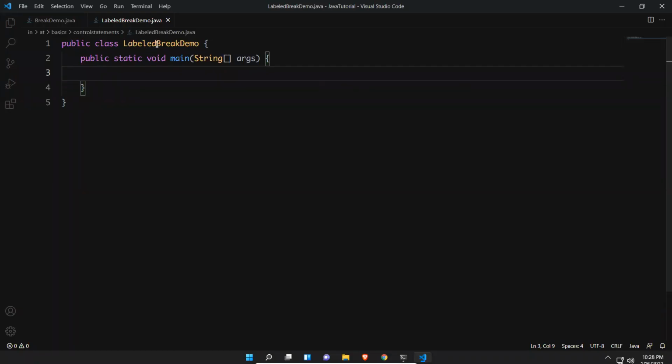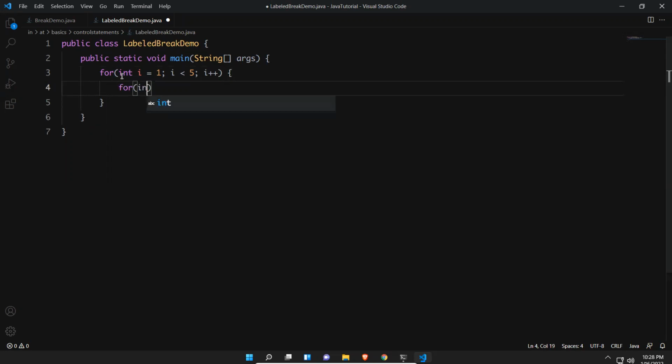I created a LabeledBreakDemo class. Inside this, first I'll write one for loop: int i equals 1, i less than 5, i plus plus. Inside this I have another for loop: int j equals 1, j less than 3, j plus plus.